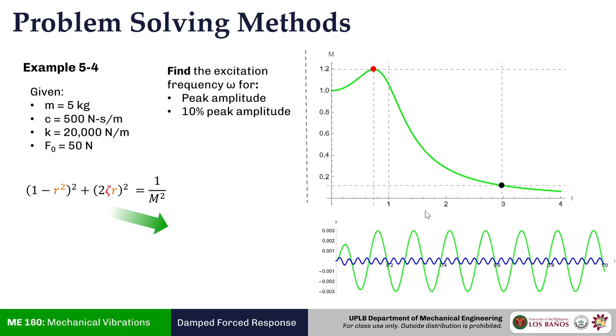So ito yung M over R natin sa taas. And ito naman yung time domain response natin. So this blue, ito yung pangalawa na item, 10% of the amplitude. Yung green, yan yung at peak amplitude natin. Itong red, sa MR plot natin, this is the peak magnitude, peak amplitude, and this is 10% of the peak